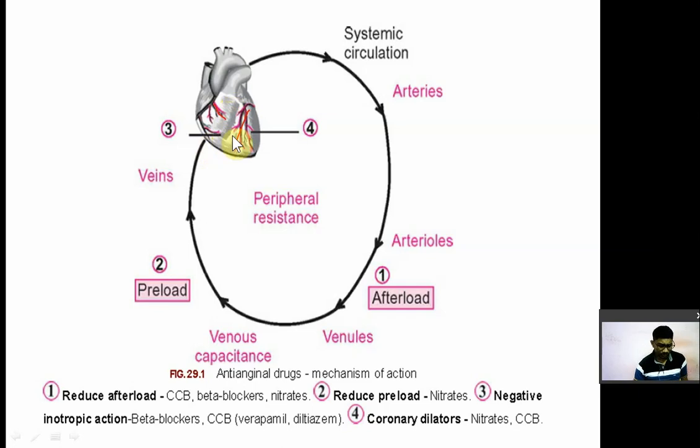Now what happens, due to emotional stress, or strenuous or vigorous exercise, or due to an increased lipid level in the body, there is deposition of a fatty layer inside the coronary artery, and it causes occlusion. It becomes blocked or narrowed, and because of that occlusion your myocardium will not get proper blood supply. Blood supply means oxygen supply, because oxygen is dissolved in the blood. So due to the decreased oxygen supply to the myocardial cells, they start dying, and this is known as myocardial ischemia.